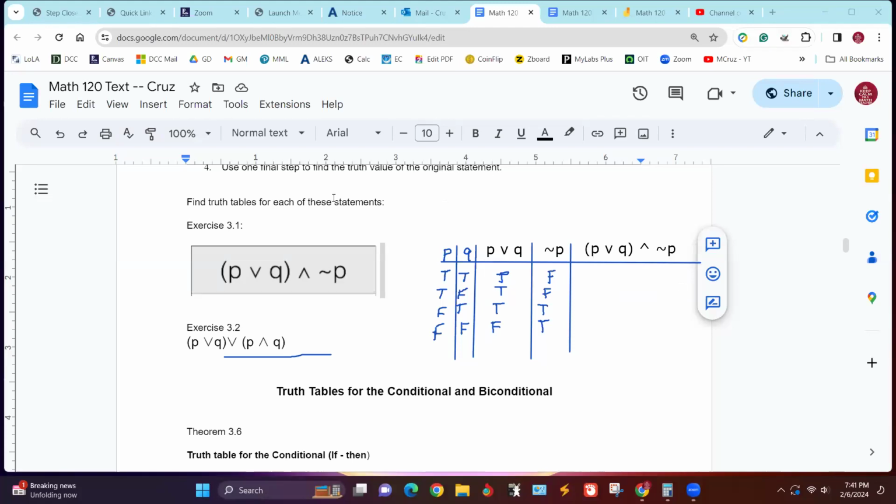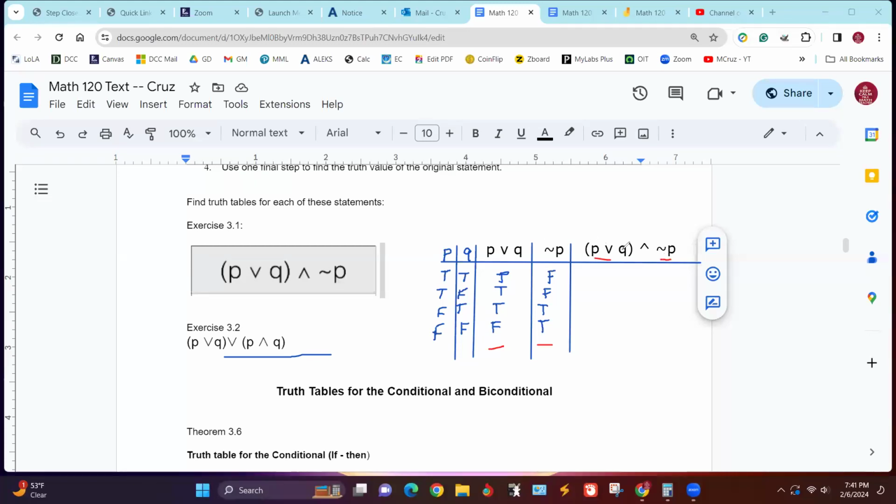All right. So what we're really paying attention to are these 2 columns. We're paying attention to this column and this column. See, that's this part and that part.